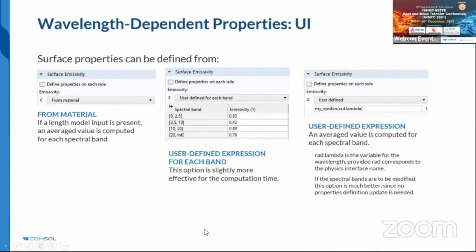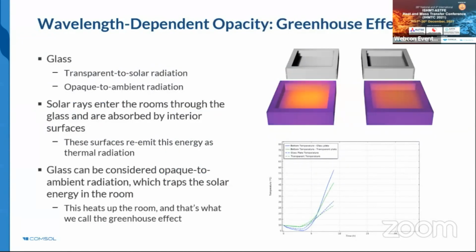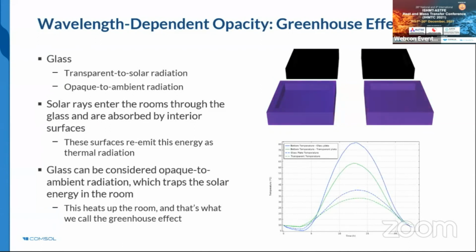So in the user interface, you have different approaches to define that. Either you have a library of material properties that are already wavelength dependent, so in this case, you just pick a material property from the materials. You can also decide to have a constant material property per spectral band, so in this case, you just type a constant, or you can also type an expression per spectral band. And the last option is to use a function of the spectral band. Then you just type an expression that is the same for all spectral bands, but again, it's a function of the spectral bands. And if you're interested in surface-to-surface radiation with multiple spectral bands, then this is another tutorial that we have on our website.